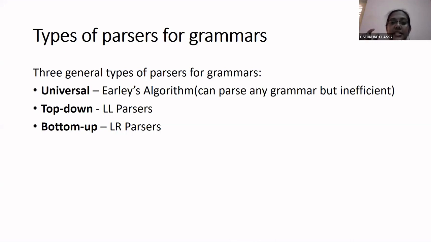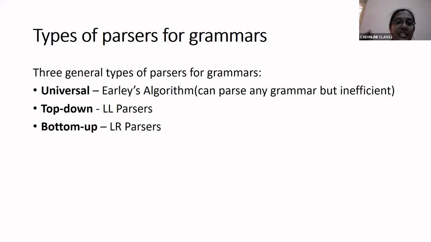Based upon that grammar, the input was taken and it was parsed. Okay. So what is this actual parsing? Parsing is deriving the string from the given grammar. So what is a parse tree? For parsing, you need a parse tree. What is this parse tree? A parse tree is nothing but a pictorial representation of these derivations. Okay, the pictorial representation of the derivations using the grammar is called a parse tree.